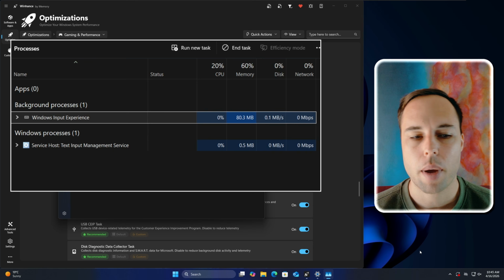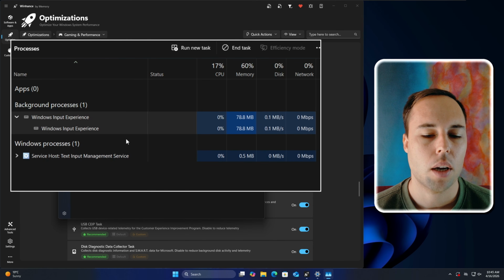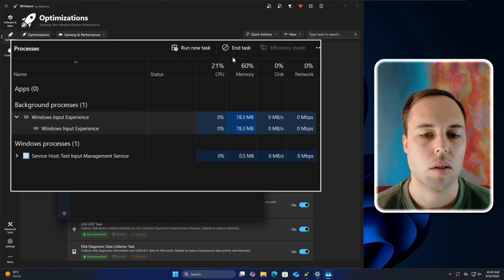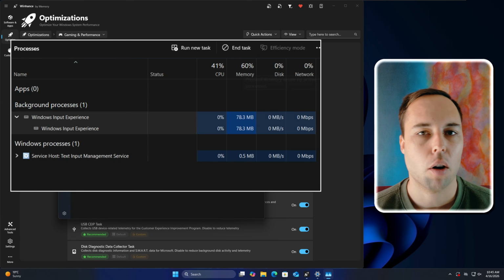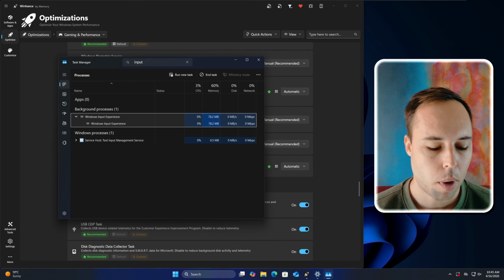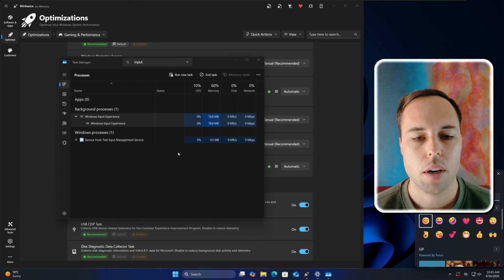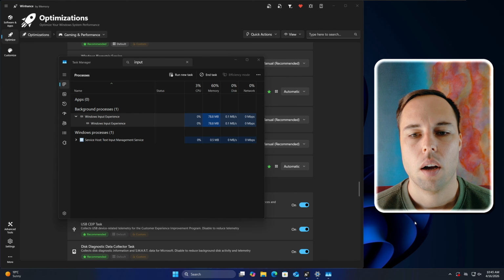Now, the emoji panel was already closed, but the Windows input experience is still running in the background, using on this system almost 80 megabytes of my RAM without me using it anymore. So just by opening the emoji panel, this background process was spawned using CPU and memory from the system, although I might not need it after closing the emoji panel.